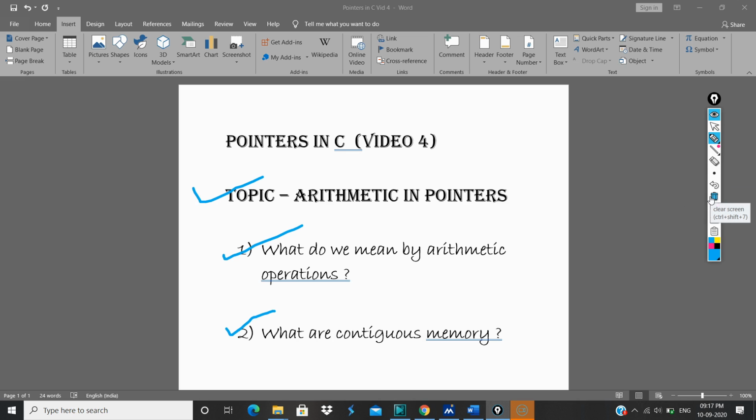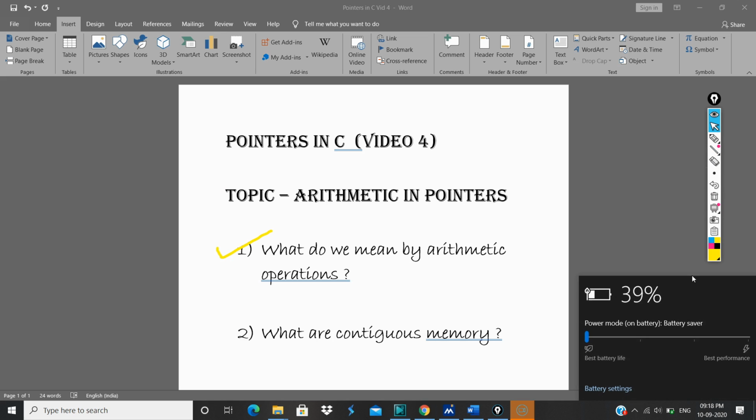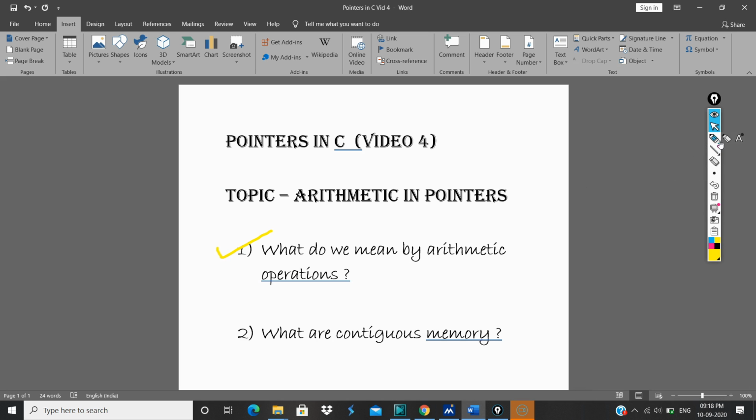Fine. Let's get started with our first thing, that is, what do we mean by arithmetic operations? Suppose I take the example, I have two numbers.